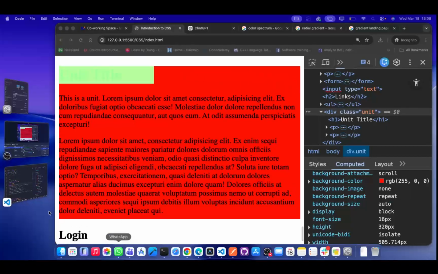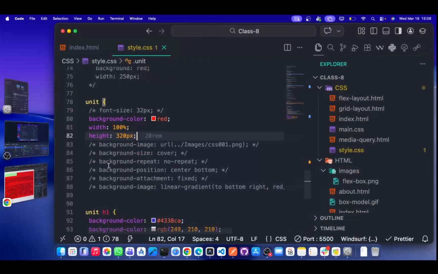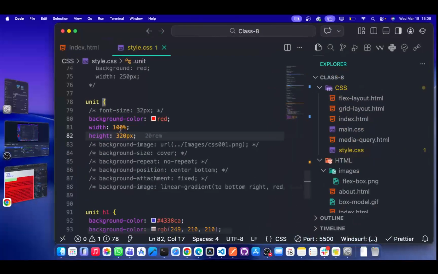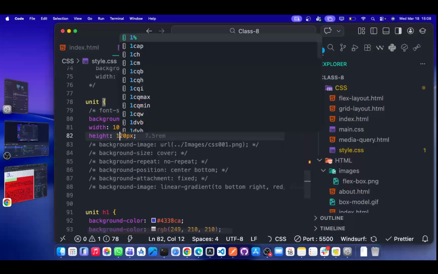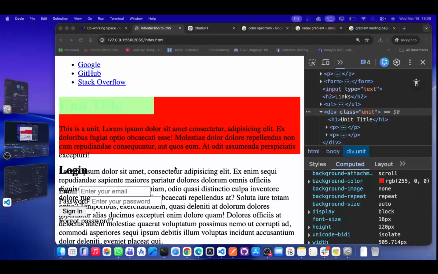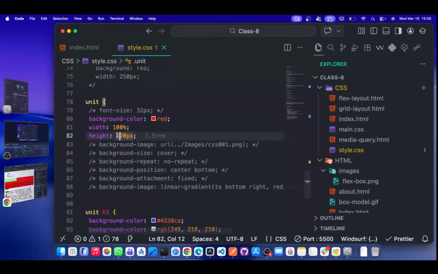So what's wrong with this? Save now. Is this 320? Oh, it's still high. Let me reduce it, so let me use 120 and save it. So look at it now. It will now cause something known as overflow, and it doesn't affect the parent, it will affect every other content because the parent is controlling the space. Since the parent has stopped, everything else will go over other content, and what you are seeing there